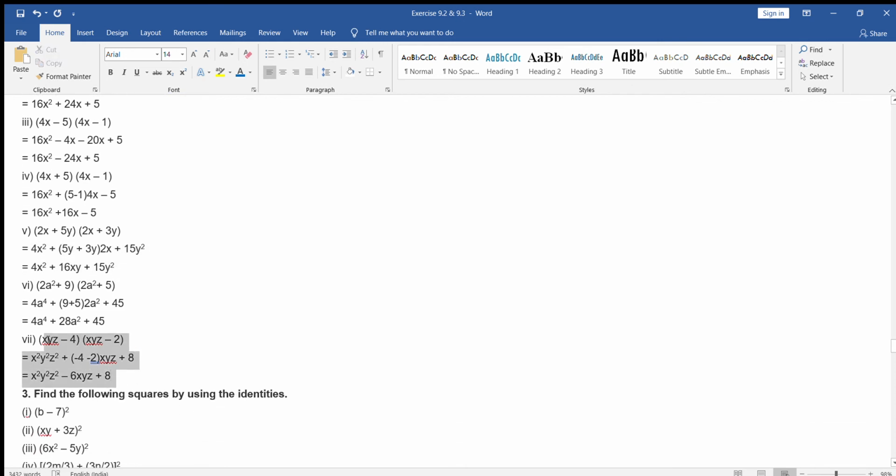Just see if you are getting the negative sign. In the last part both are negative. A is also negative and b is also negative. So just see how we have solved. This is x square, a plus b, so minus 4 minus 2, a plus b. Okay, we will take the sign. I am repeating it again and again: in the identity (x plus a)(x plus b), if the question is with a negative sign, you have to take the negative sign. But in the rest of the identities, no need to take the negative sign.